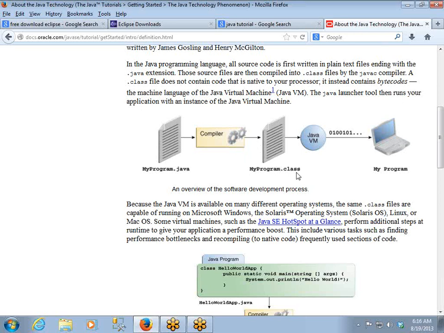This file is also called bytecode. It is not dependent on any platform. It is independent of other platforms. So is it going to execute on all underlying platforms, like any hardware and any operating system? Because this is not binary format. These instructions which this bytecode or class file contains, these instructions are